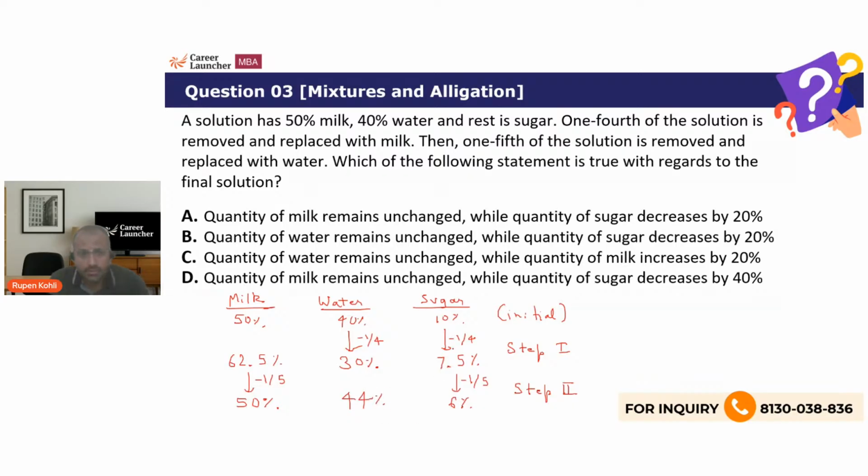So now check from the options. The quantity of something remains unchanged. Milk or water? Obviously milk. The quantity of milk remains unchanged. And the first option is saying the quantity of sugar decreases by 20%. Now the quantity of sugar has decreased from 10% to 6%, which is a decrease of 40%. The final concentration is 6% with respect to the initial 10%. That's a drop of 40%. So option D is correct: the quantity of sugar decreases by 40%. Perhaps good for people like me who are trying to avoid sugar. Good result. Same milk, but a decrease in sugar by 40%.